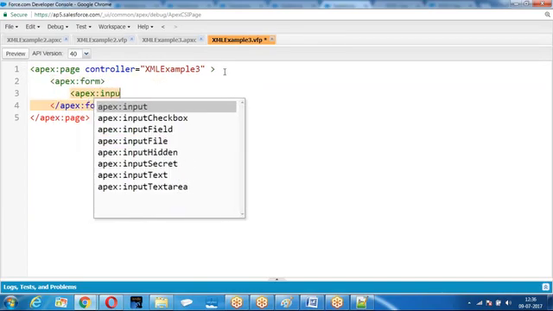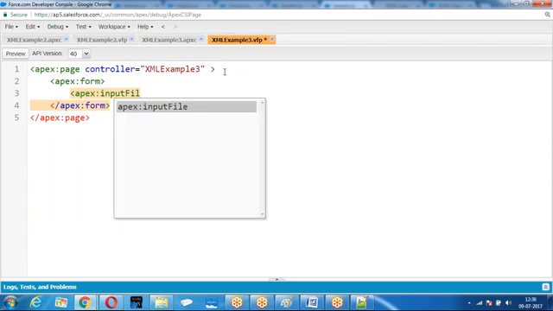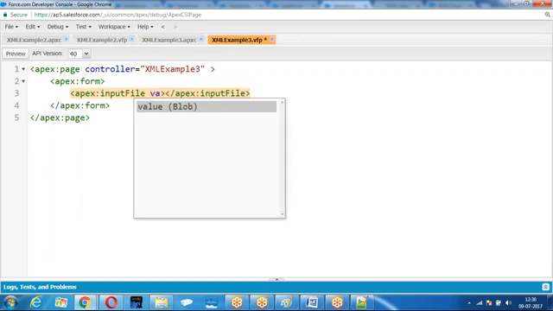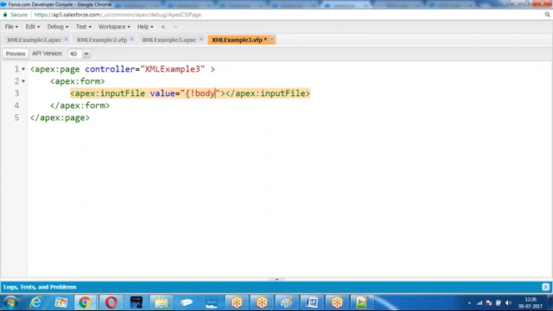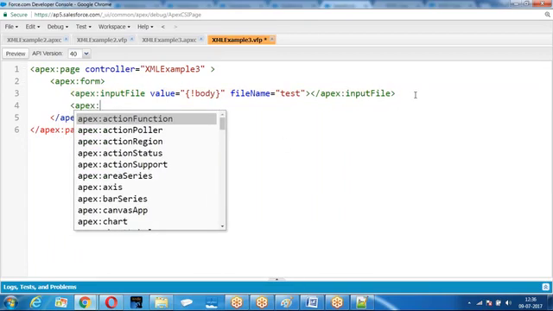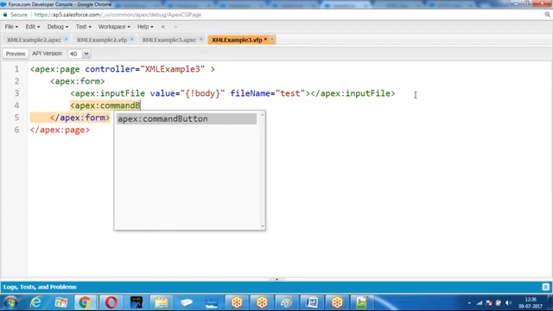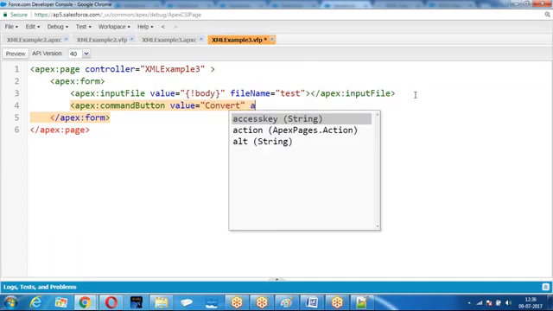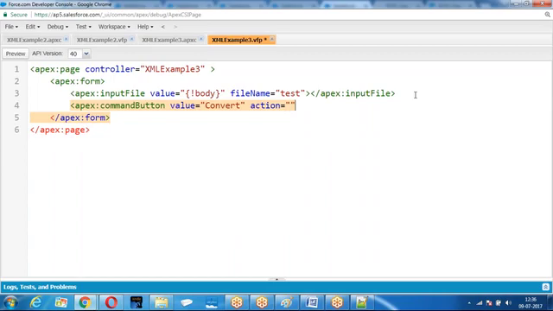Giving input file, body, action equal to convert.